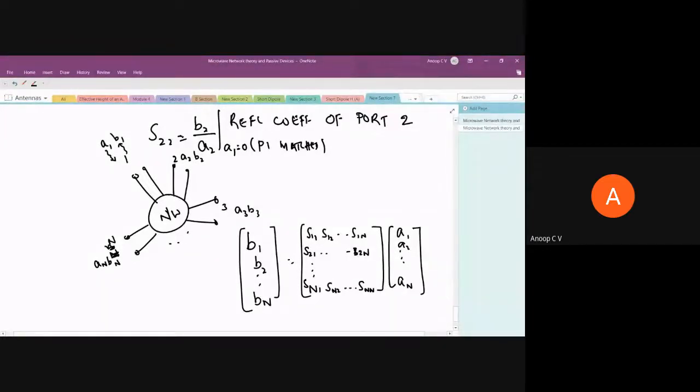I told you it's applicable, it's universal. For microwaves, it's easy for us to define the S parameters. But once we get the S parameters, of course we know the relation between the A's, B's and V's and I's. So using that, we can obtain the corresponding Z, Y, or H parameters if we want. But normally we won't work with that. It's possible, but normally we won't use it, because it will simply complicate things. S parameters keep things simple and neat, so that's why we use them.